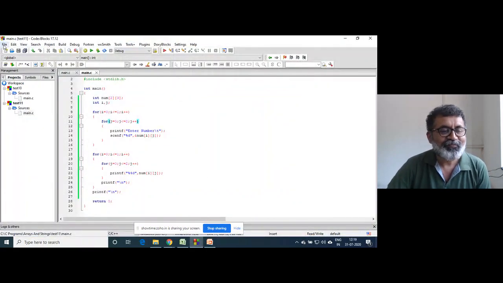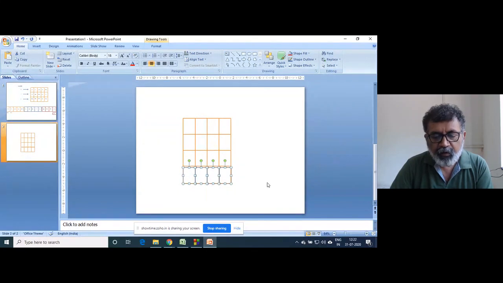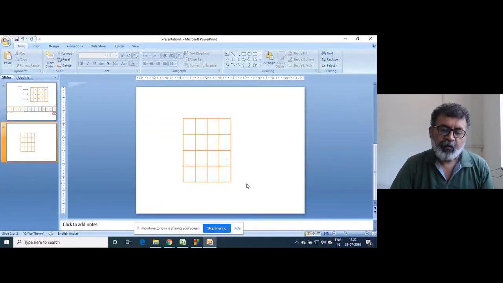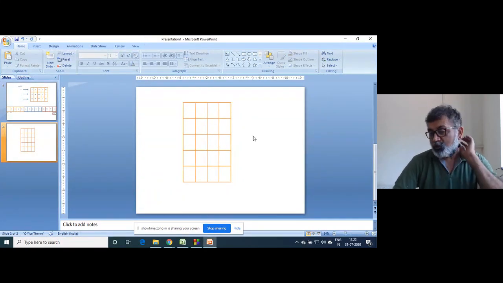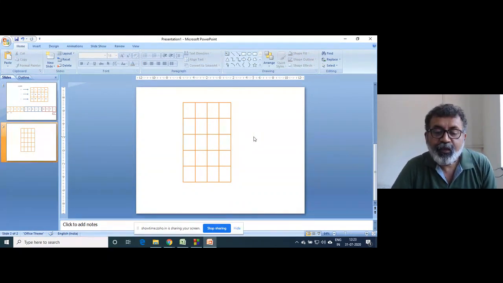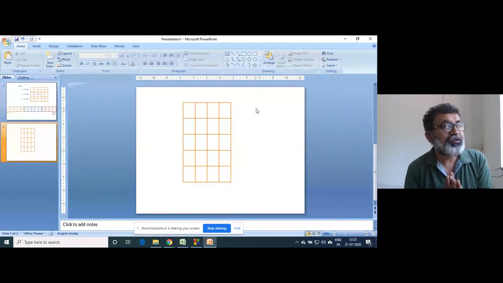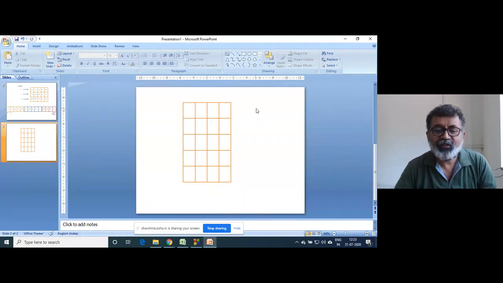For example, suppose there are students, so there will be 5 rows and 3 subjects. But we have to store the roll number as well, so there will be 4 columns.